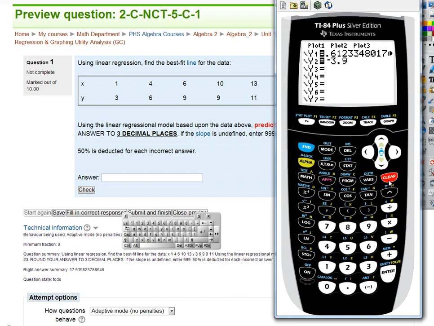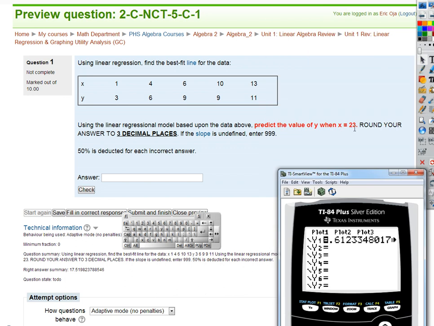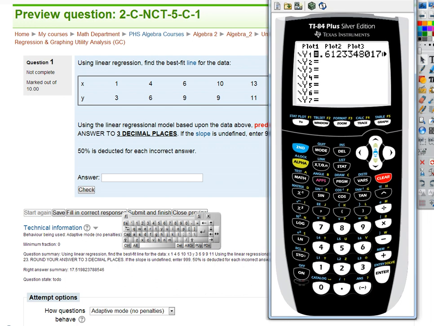You gotta remember though, if you're doing more than one of these, every time you change your data, you have to go back and restore y1, or you're using the old line. And that's, you see what I'm saying? That's a really common mistake. So now we got to graph this. But we know that the x value we want to input is 23, right? Then we're gonna see where the line is when x is 23. However, I don't know if my window is set up to include 23. It's probably not. If I go to the window, look, my window is only set to use x values between